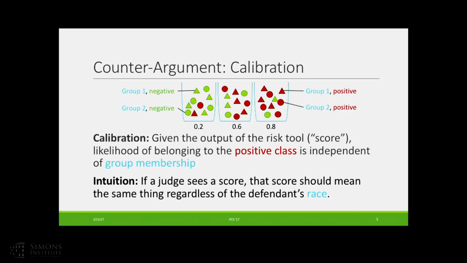diagram here where I've denoted, let's say group 1 is triangles, group 2 is circles, and then red is positive, green is negative. If you look at the bin labeled 0.2, 20% of the people in that bin are in the positive class. And that applies to 20% of the circles and 20% of the triangles are red. Okay, and this should hold across all bins. And as a side note here, this is actually a weaker version of what's really required by the actuarial risk community, but I'm going to use it as a simplified version, and we'll see it turns out not to really matter. Okay, so